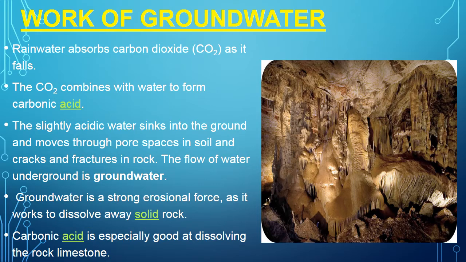So this acidic water gets into the ground, moves inside the soil and starts cracking the rock. Whenever rainwater comes, the atmospheric carbon dioxide, or the carbon dioxide released by the trees, combines with the water to form carbonic acid. When this carbonic acid enters the earth's crust, a chemical reaction takes place, and because of that the underground water starts making cracks in the soil.